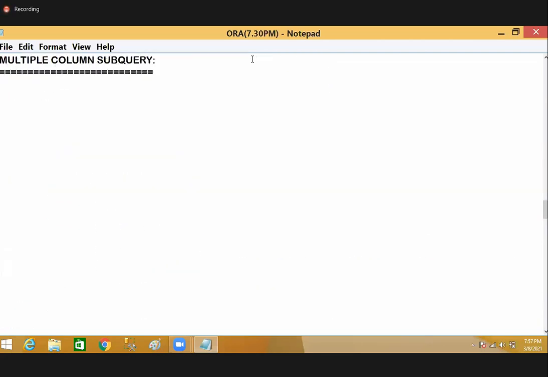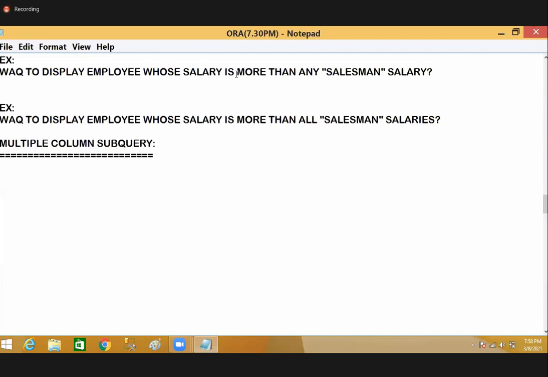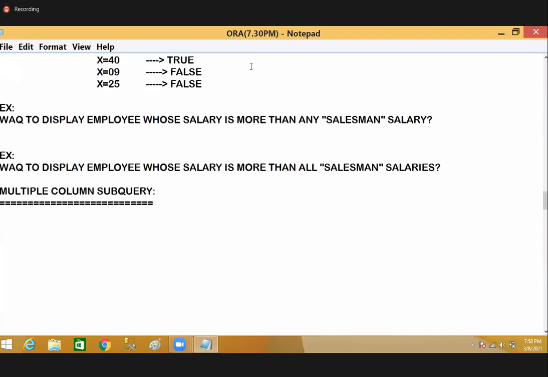So as of now, in single row subquery and multiple row subquery, we are comparing single column values. In your WHERE clause condition, in your multiple row subquery or single row subqueries, we are comparing only